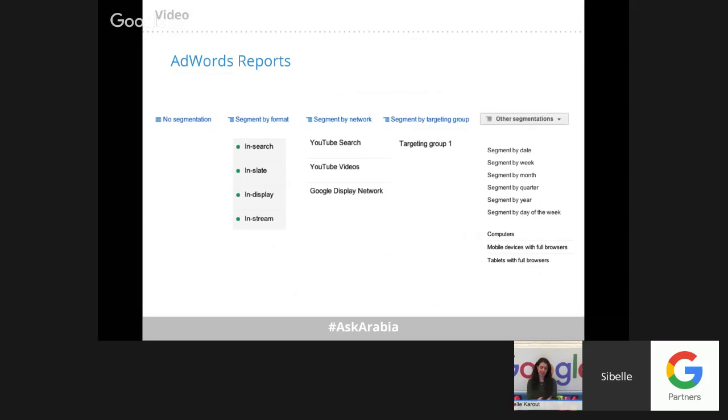And we always recommend segmenting by devices because it gives you a lot of insights in terms of how people are reaching you. Are they watching you when they're on their mobile phones, or are they watching your video when they're on desktop? What's more interesting, or what's more ideal for the customer himself? And based on that, you can set bid strategies and bid adjustments to focus on certain people.